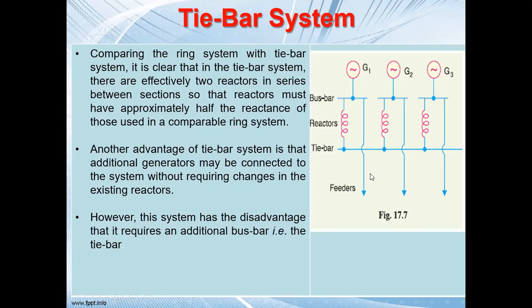Yes, sir. Now here also, if the fault has occurred here, what will happen? The fault current will try to flow here, but it will be limited by this particular reactor. Thereby, we are protecting this bus bar, we are protecting this generator, and thereby we are protecting this feeder also. So that means we are localizing the fault and not allowing the fault current to flow in the other electrical system. So ultimately, the whole system stays healthy.